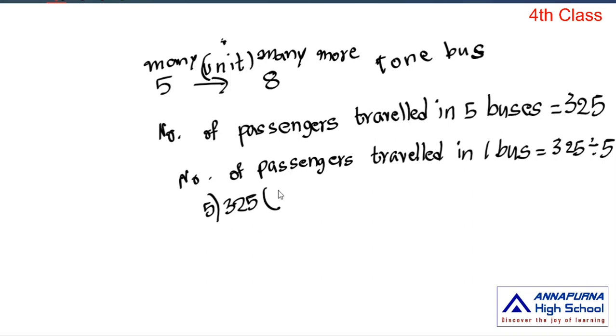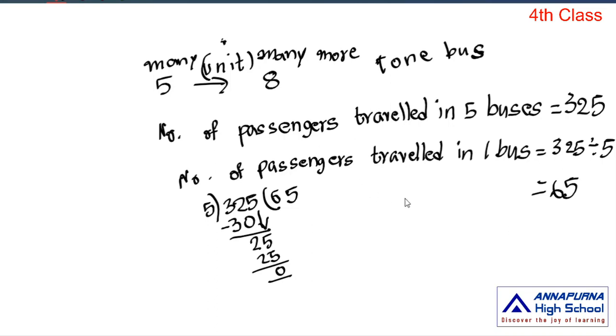So in the 5 table, ma, 32. 32 is not there, no, but 30 is there. 5 6s are 30. So when you subtract 30 from 32, what do you get? 2. And you have to bring down the next number, that is 5. So it becomes 25. In the 5 table 25 is there. 5 5s are 25. Okay children, 25 minus 25, 0 is the remainder. So what is the quotient, ma? 65. So in one bus, how many people are there, ma? 65 people can travel in one bus.